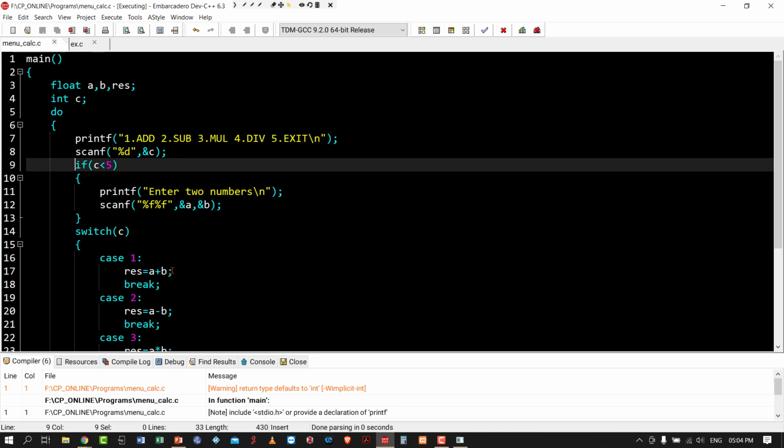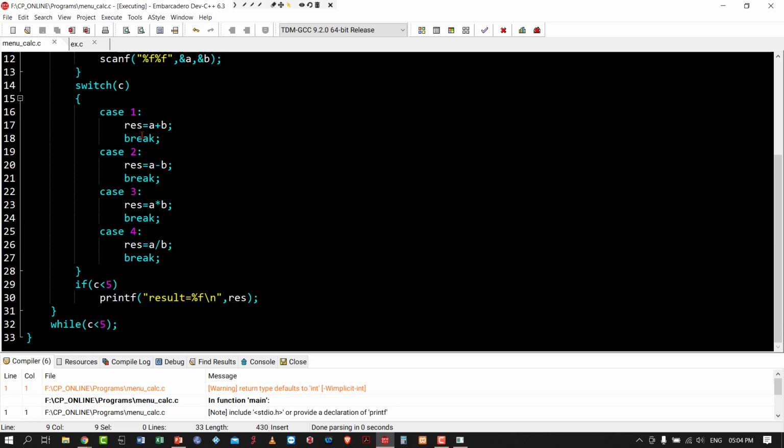Sir, if you press 5, then it will check all the conditions, and then at the while statement it will check that C is not less than 5, then it will terminate, sir. Yeah, that is what is happening. So if you enter 6 also, the same thing will happen. It will exit.